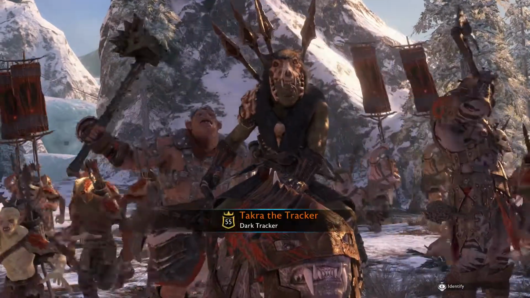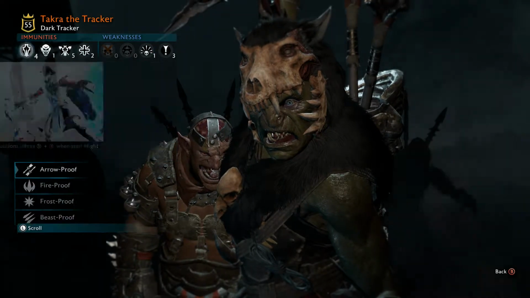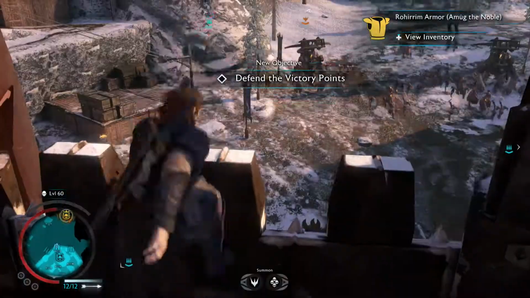All right, Takra here. If I remember right, he can't be shot with arrows. Correct. He's arrow-proof, fire-proof, frost-proof, and beast-proof. He does not have Iron Will, so we can take over him. Now,